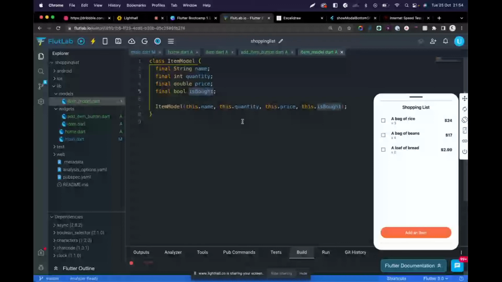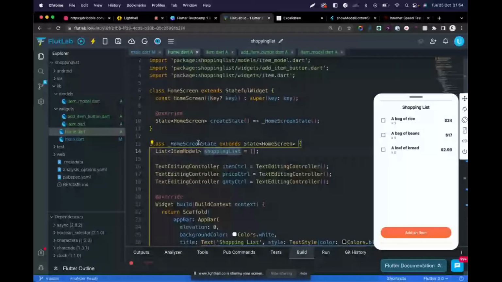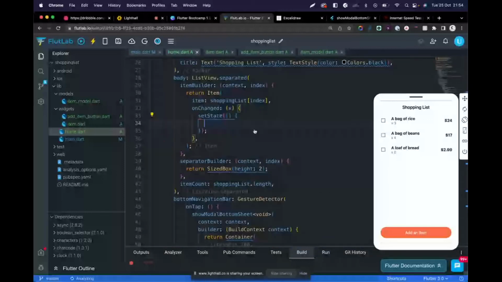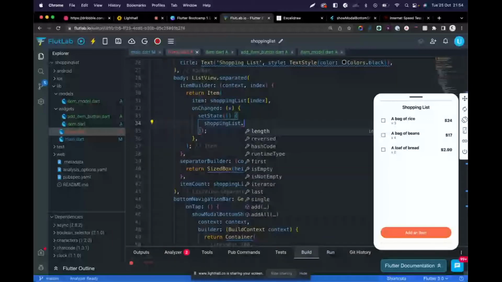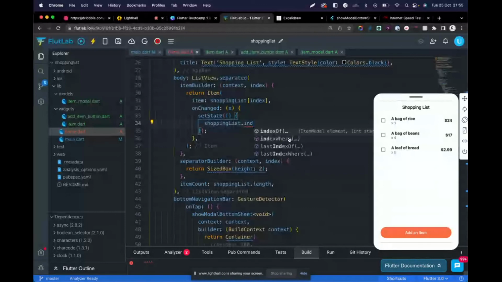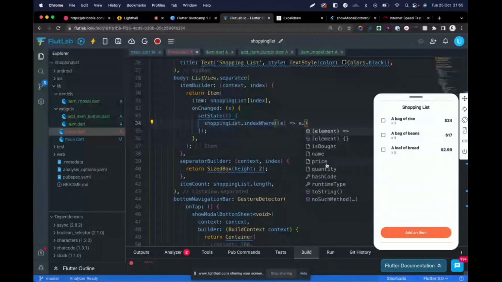So let's see if we can do that. We do a setState with shoppingList dot index where the element dot